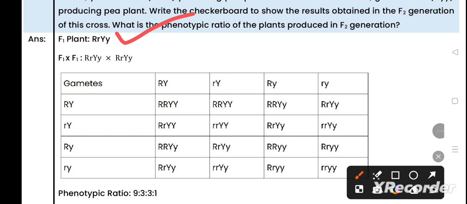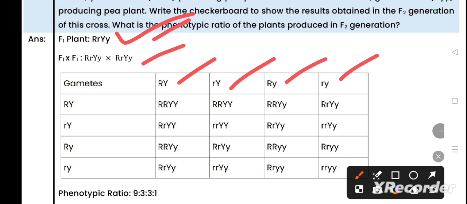Then whenever we cross, this is cross pollination. Then self pollination: F1 crossed with F1, RrYy with RrYy. Then we got 4 types of gametes: round yellow, wrinkled yellow, round green, wrinkled green. Those 4 types we cross in the checkerboard. Then we get